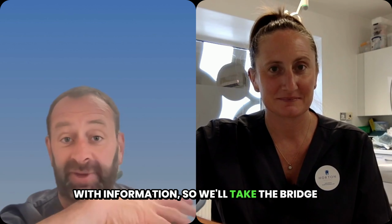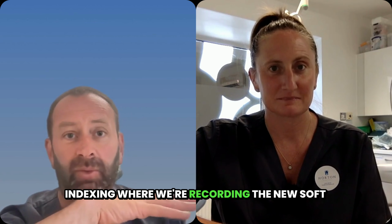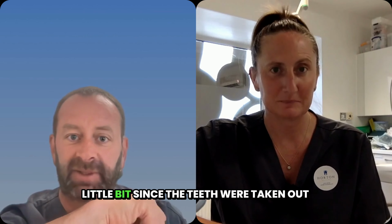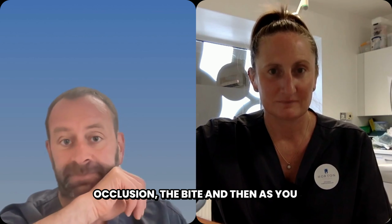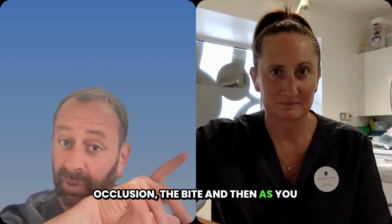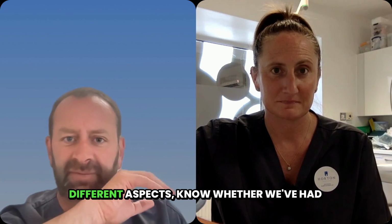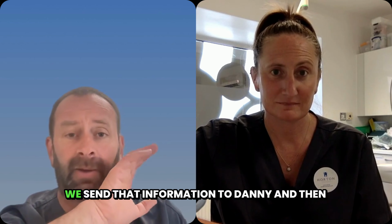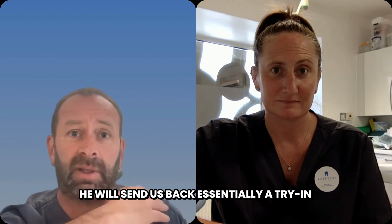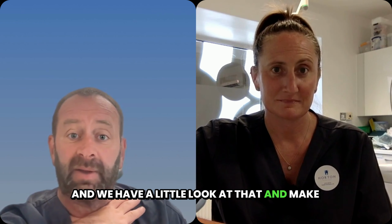So we'll take the bridge off, and we'll go through a process we call indexing, where we're recording the new soft tissues, because they would have changed a little bit since the teeth were taken out and everything's healed. The position of the implants, the occlusion, the bite, and then what you mentioned, the color. The patient might want to change the color, and lots of different aspects. If we've had some speech difficulties, or need to adjust the bite, we send that information to Danny, and then he will send us back a try-in, and then we take that temporary bridge off, put the try-in in, and have a little look at that